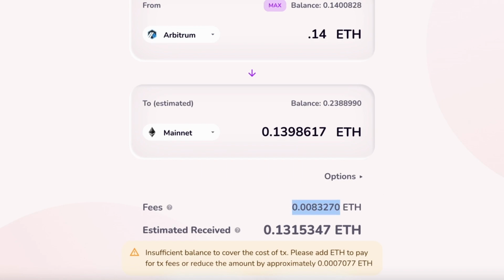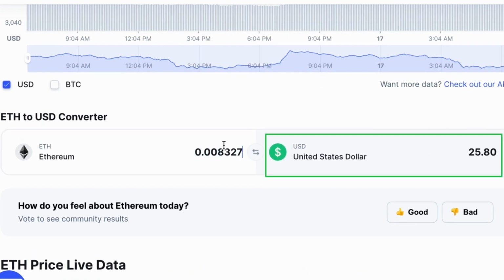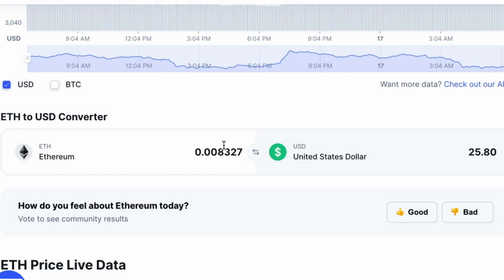If we convert this fee, we'll see that at the time of recording, the cost is $25.80. Of course, this fee isn't desirable, and if we could avoid it, we would, but it is a backup option should you drastically want to get your funds back to Binance for whatever reason in a short amount of time. This fee will fluctuate based on the congestion of the network and how busy it is, but it will